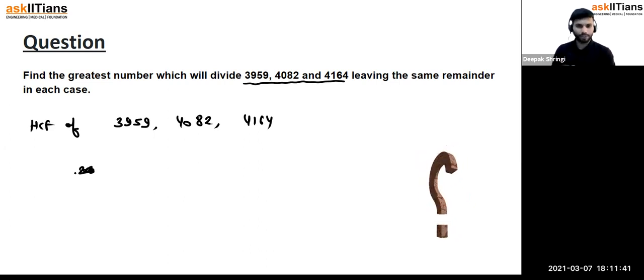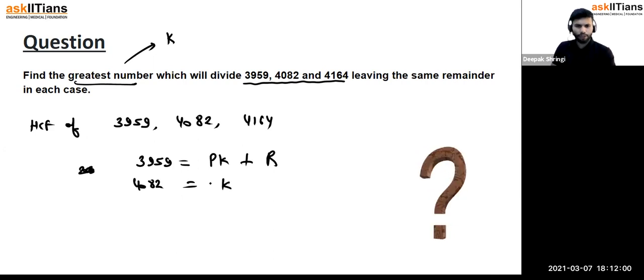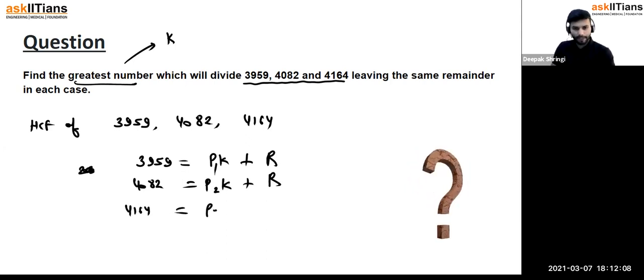एक काम करते हैं, दूसरा मेथड यूज करते हैं। हम लोग बोलते हैं कि आपने बोला है कि नंबर डिवाइड करेगा, तो मान लेते हैं ग्रेटेस्ट नंबर जो है वो k है। तो बेसिकली 3959 क्या होगा? p टाइम्स k प्लस सम रिमाइंडर r। और 4082 भी क्या होगा? k इंटू p1 या p2 कर लेते हैं। और यहाँ पर रिमाइंडर सेम ही होगा। और 4164 होगा p3 टाइम्स k प्लस रिमाइंडर, तो फिर भी सेम ही आएगा।